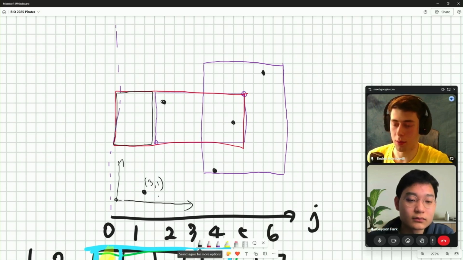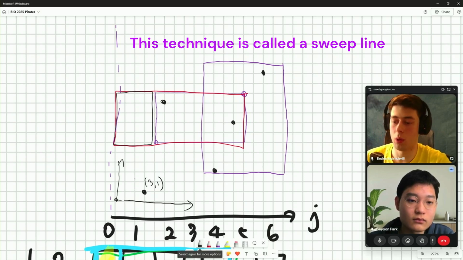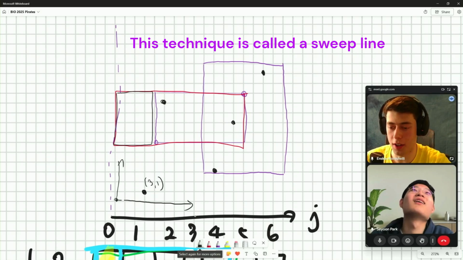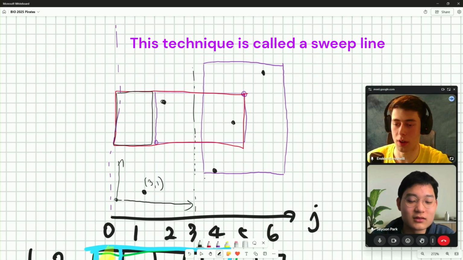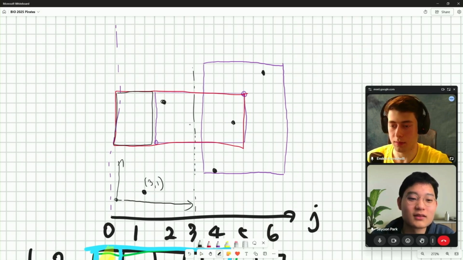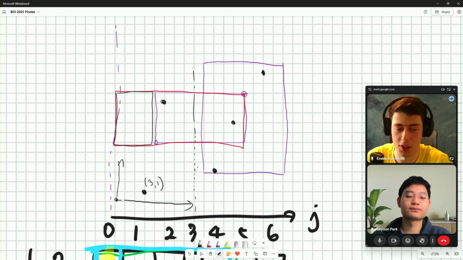Now we'll go through from left to right, and every time we hit a certain x coordinate, we'll answer all the rectangles at that x coordinate. We'll do that by maintaining a data structure that can tell us the answer for a certain range of y's. I won't go too much into how Fenwick trees or segment trees work. You can use either here.